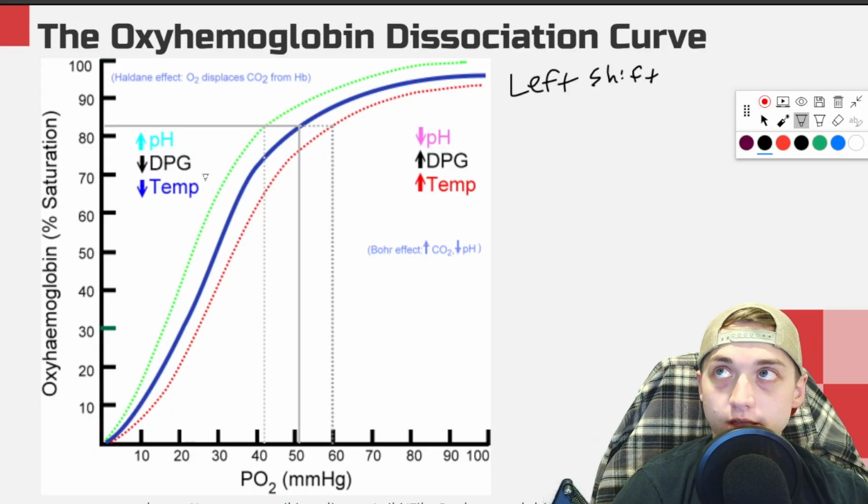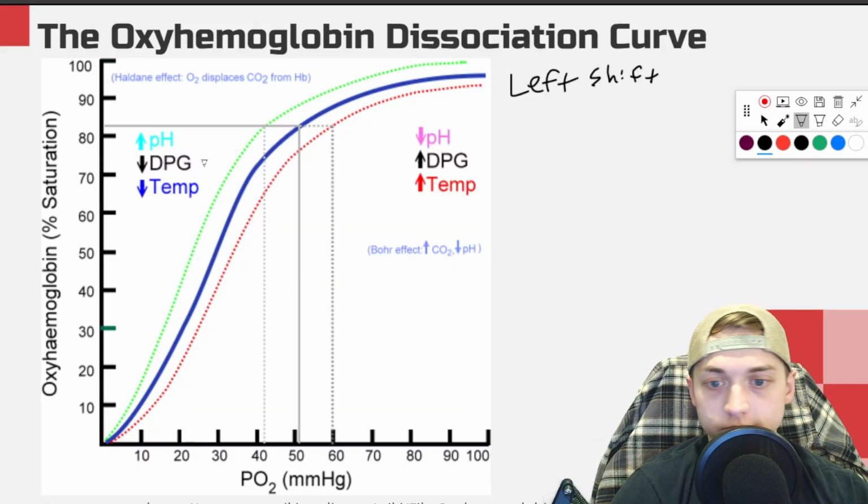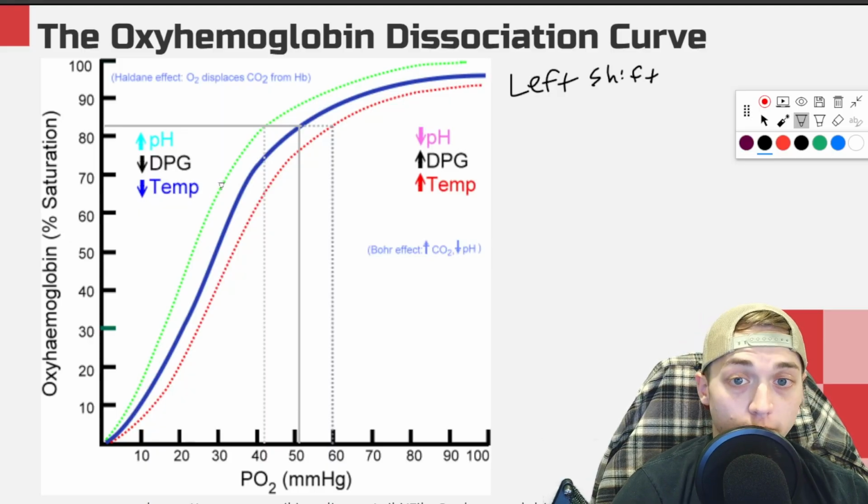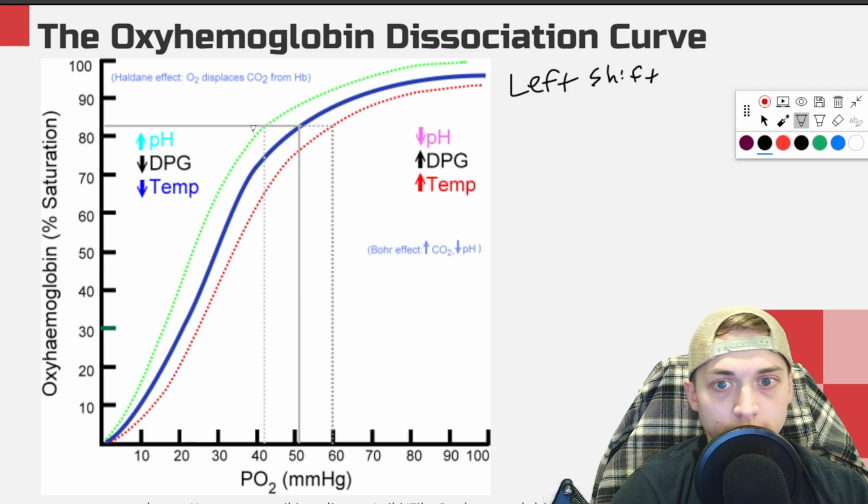Maybe it's the oxygen's ex-girlfriend, 2,3-diphosphoglycerate, who just went to prison, so hemoglobin doesn't have to worry about getting jealous anymore. Or maybe the environment they're in is very alkaline, so they stick together. So a left shift means there